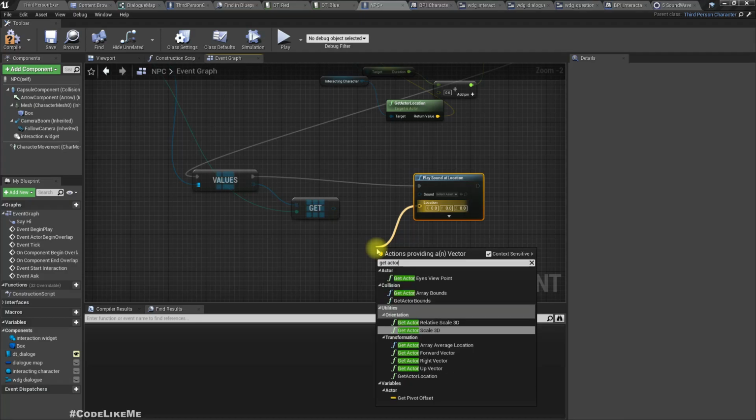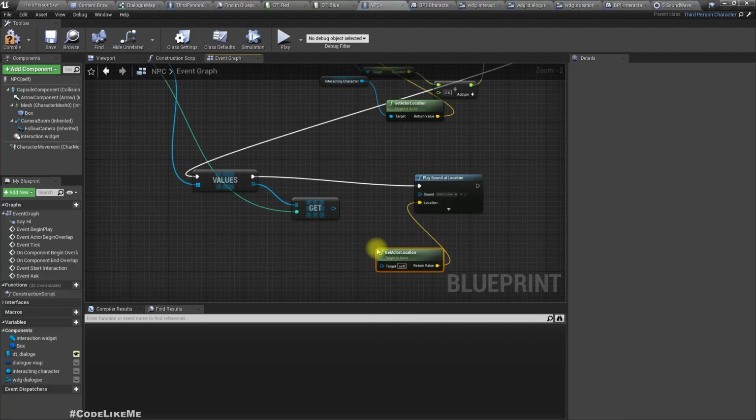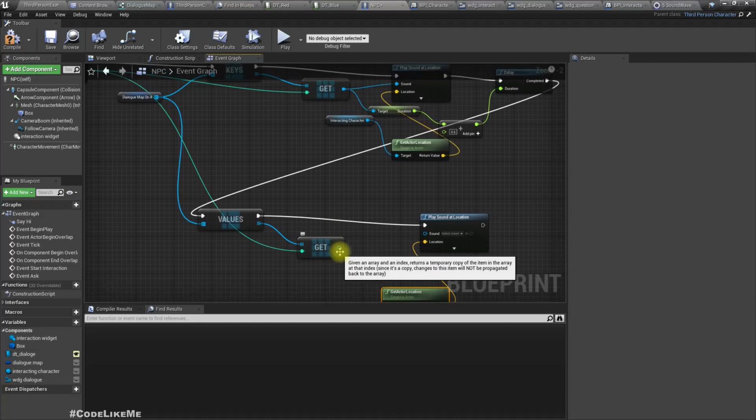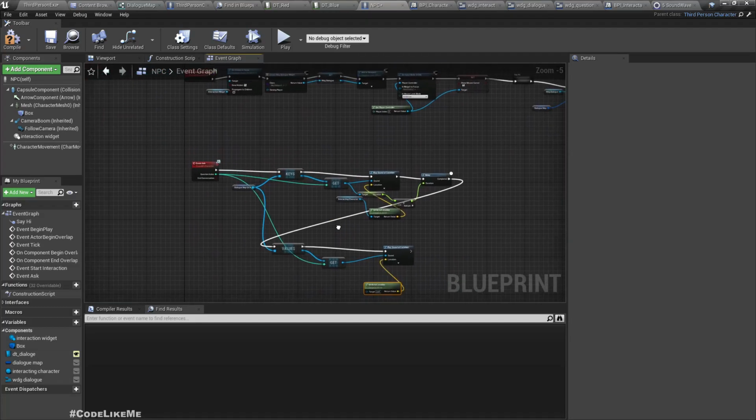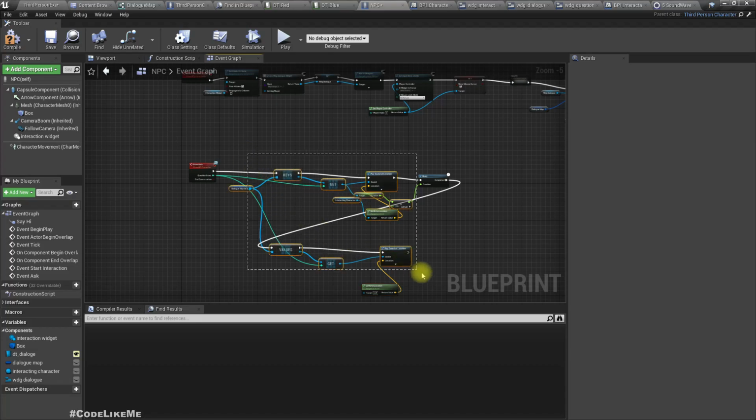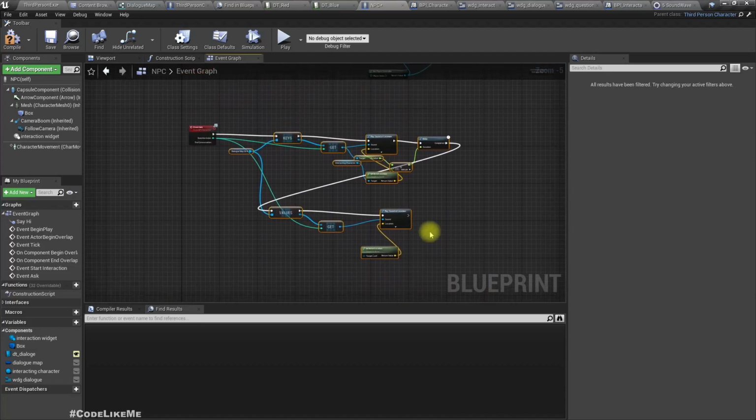Get actor location, that means the current actor's location. Play this sound,